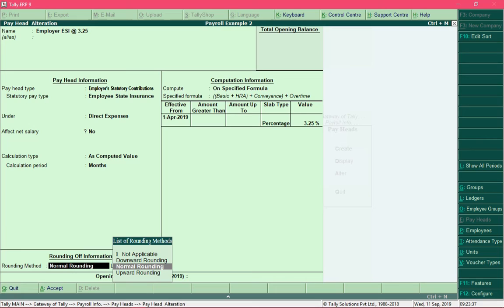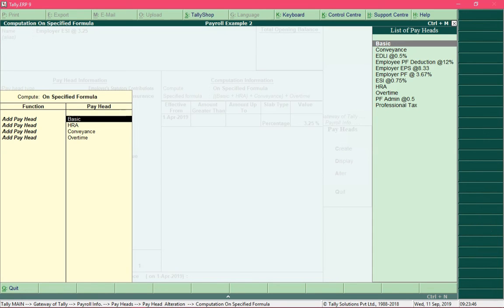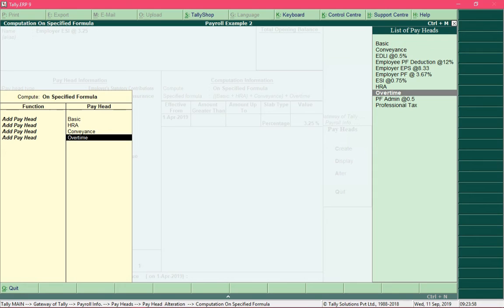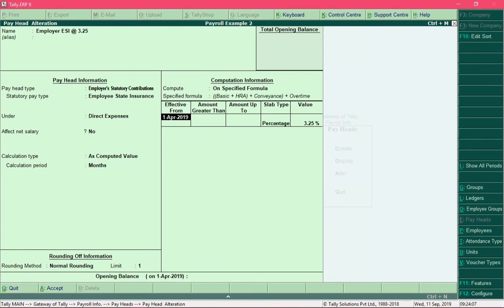The rounding method which I specified is normal rounding with the rounding limit of 1, and we calculate ESI on total of earnings. So we added all the earning payheads like basic, HRA, conveyance and overtime, which would form the gross salary of an employee. We calculate contribution on the gross salary, with the percentage of 3.25%.